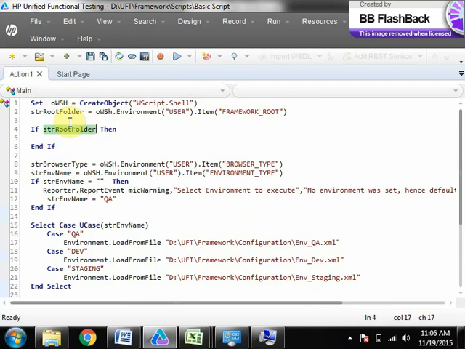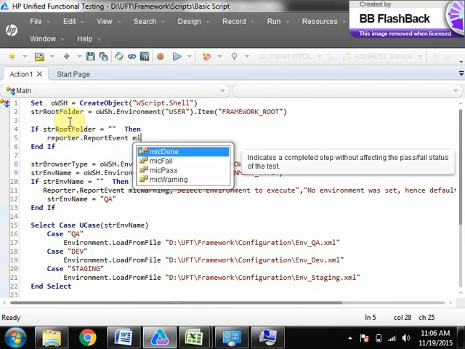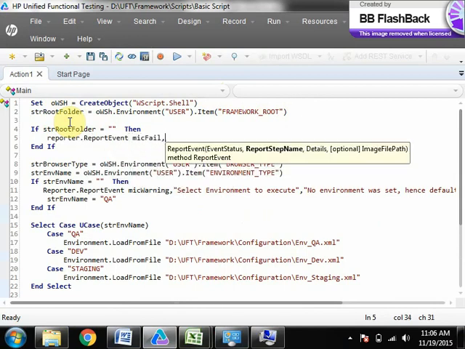If this is empty, then what you do? Reporter dot ReportEvent, make fail, not warning, make fail this time because it can access any path whatever you want.